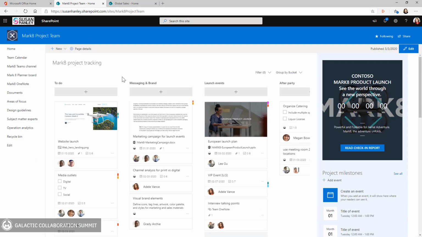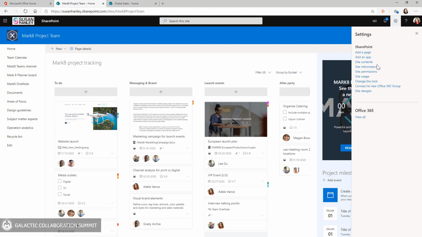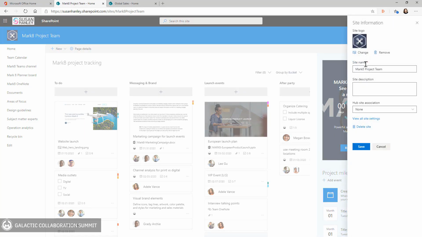Here I am on the Mark 8 project team. Notice that my site has the blue theme. I happen to be a team site. You can tell that. Here's my navigation down the side. And I'm right now not part of any hub. So what I can do now is I can go to site information. And again, you have to be the owner of a site in order to associate the site. I get the option for hub site association because this is an open option in my tenant, and I can